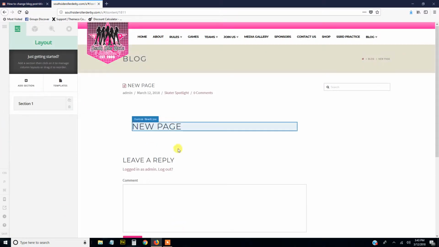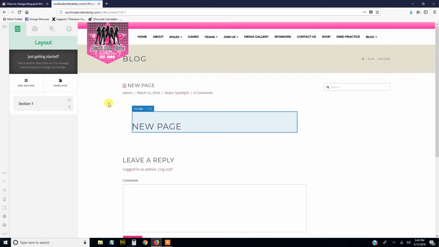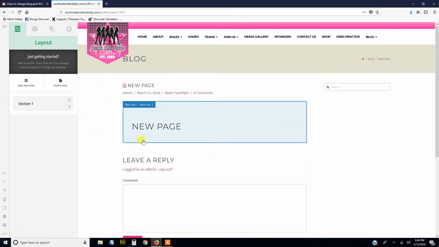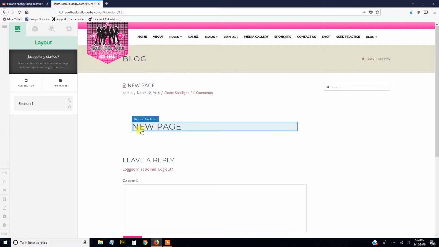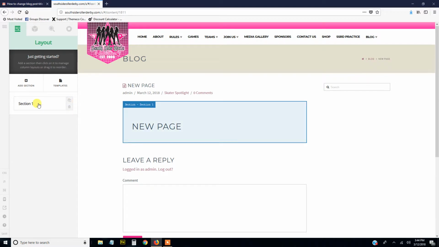So I hit save, and you saw that little banner come up. So everything was saved that I did, and then it went back to the layout section right here. This is where I can see my sections of my page. So I'm going to create another section,